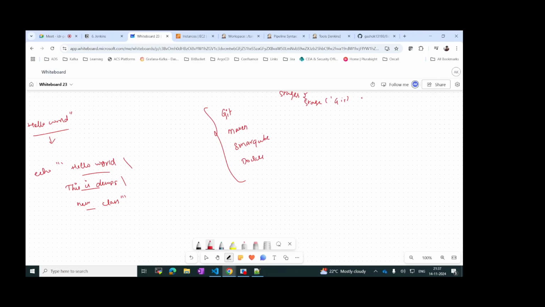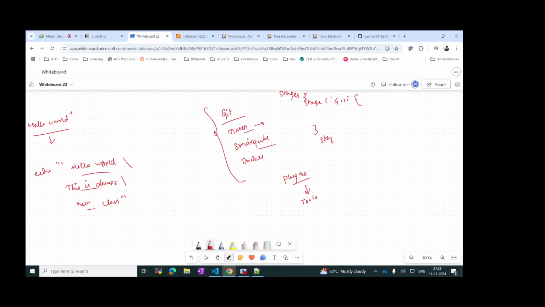Even this will open and then close. Similarly, we will have multiple stages. When you start installing, first you have to come to plugins. You have to install plugins. Once plugins are installed, then you have to configure those in the tool section. For example, in case we have a SonarQube server, then we actually have to configure it in system